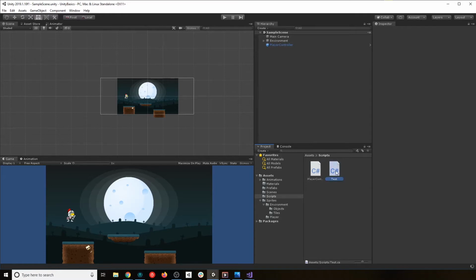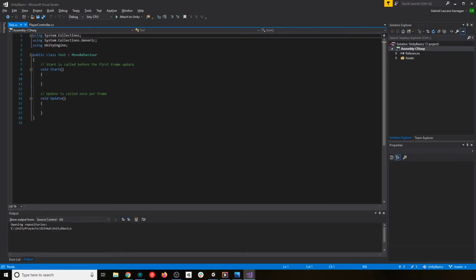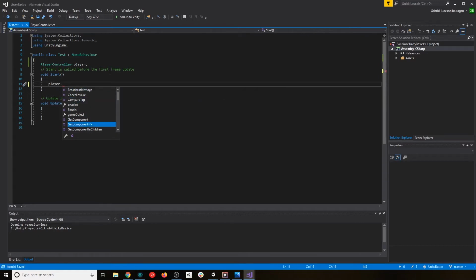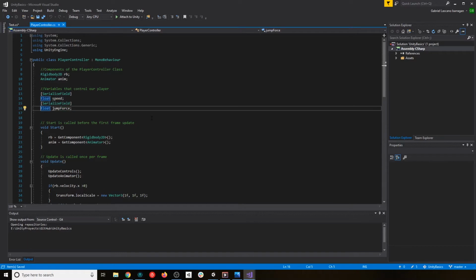So if I create a quick example, I'm gonna create a test. I'm gonna show you a quick example. I have tests here. I'm gonna create a player controller variable, player. If I hit player and I do the dot, it's gonna show me all the functions and things that this class has. If you see here quickly, there is no jump or speed variable. If I make my variables public,